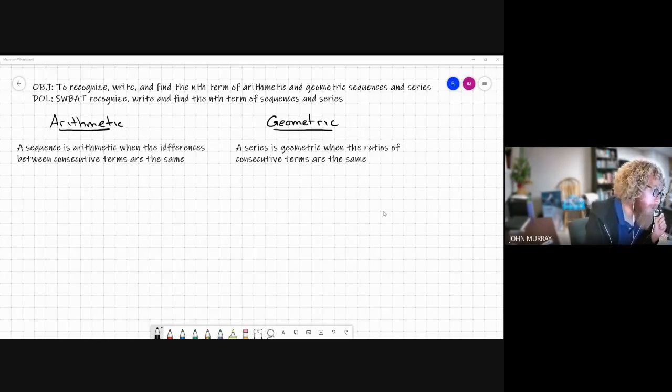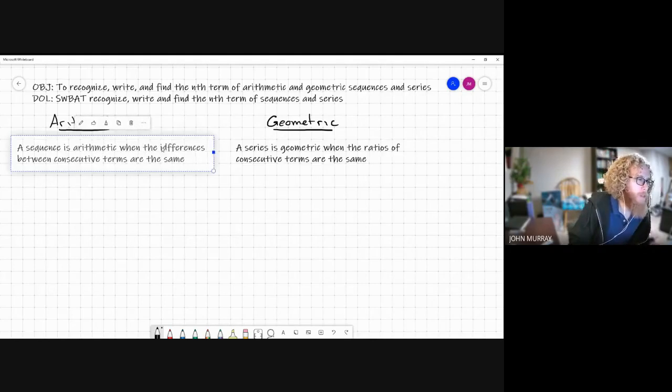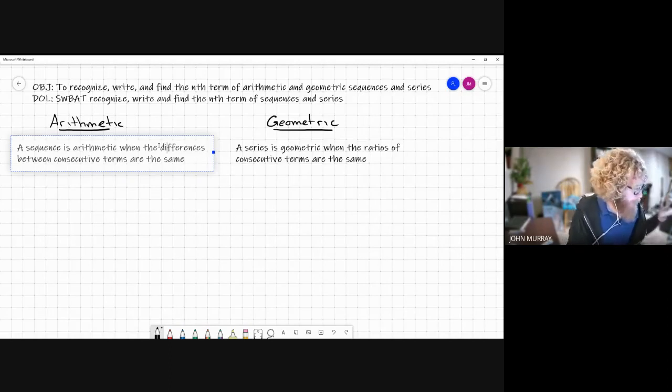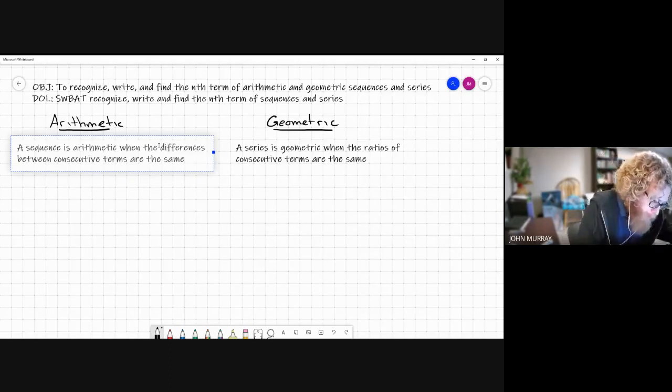Okay, so an arithmetic sequence is when we have terms. I spelled differences wrong. So when our terms have the same difference between each term, a basic way of thinking of it is if you can add or subtract a constant number, and that's what gives us our sequence. So a more mathematical definition, though,